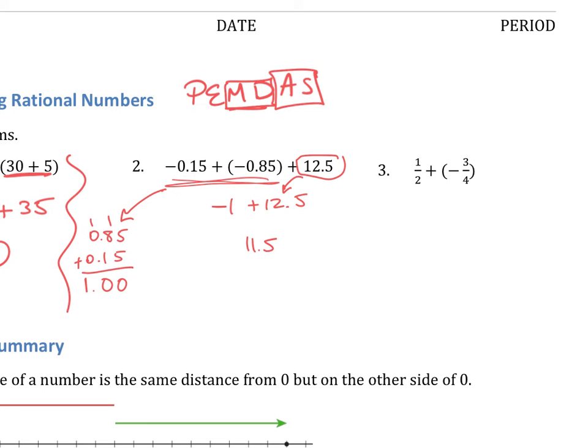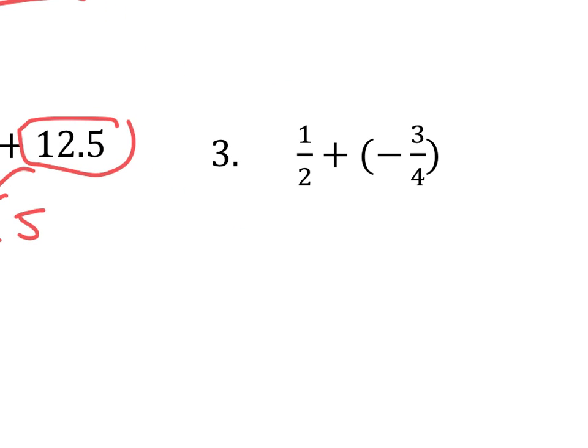Last but not least, 1/2 plus negative 3/4. Just a reminder, in order to add fractions, you do need common denominators, or you need to change them into decimals. So it's really up to you what you prefer to do. I'm going to show you both ways just so you can see it both ways, but you don't need to copy them both down, just one of them. So let's do decimals first. 1/2 as a decimal is 0.5. 3/4 as a decimal is negative